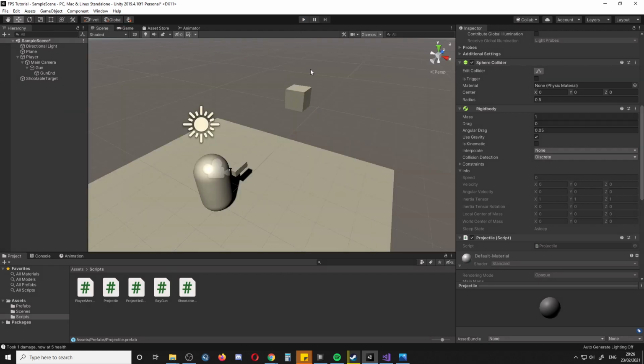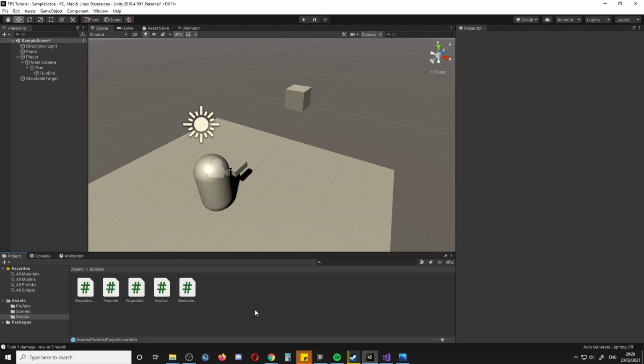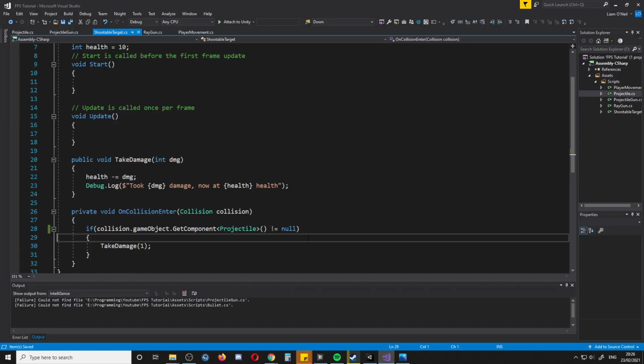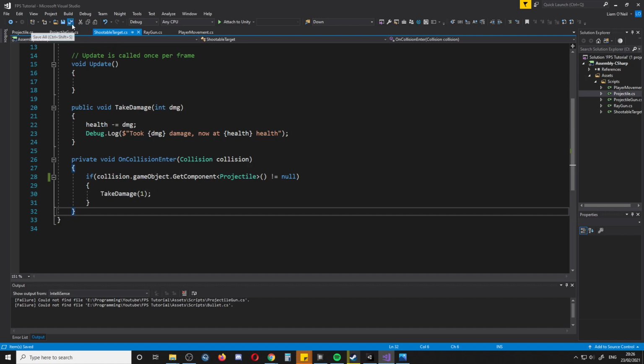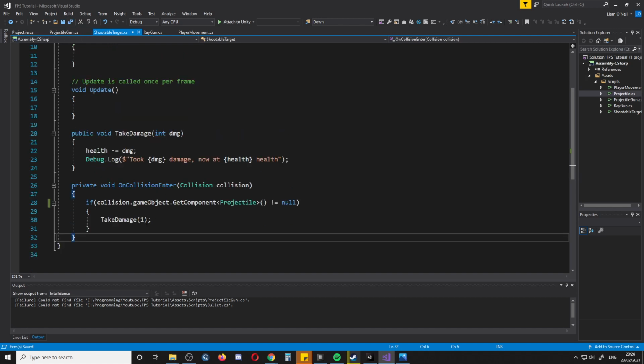So we've got it working, and realistically, even checking the name is fine. It does the job and it works. But this is a bit more secure because you're making sure that the code has exactly the right type of object. Now, instead of potentially